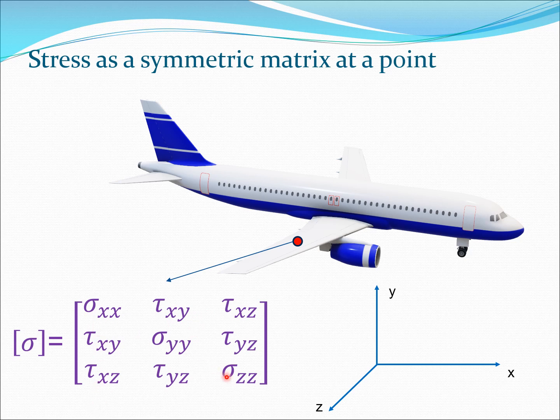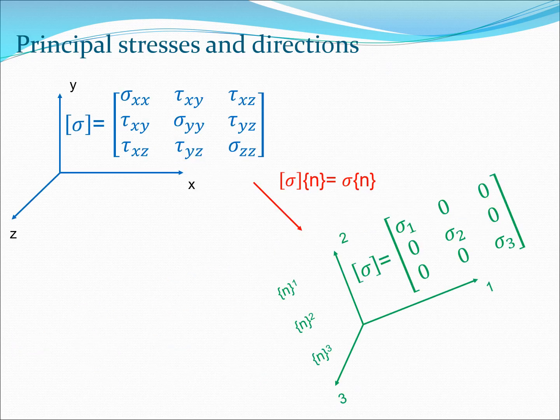So sigmas represent the normal stresses, taus represent the shear stresses here, and these are in the x, y, and z direction. So what we are going to do is we are going to look at this stress matrix and we are going to see if we can look at it in a different way. So one of the ways you can do this is to look at this matrix in a different reference frame. So remember that the stress matrix is with reference to the x, y, and z frame. And what happens is that if we were to change this reference frame